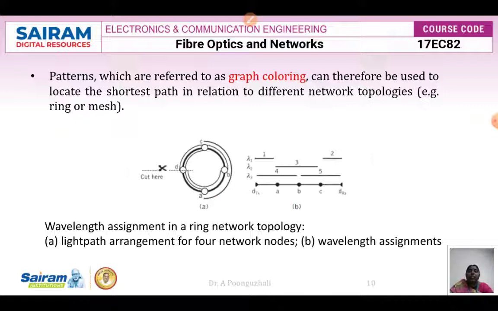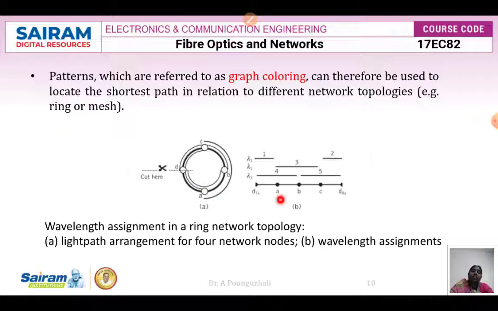So here if I want to travel, I will be using 1 wavelength from the D transmitter to the node A and another wavelength from the receiver to the node C. That is from node C to your receiver, and node A transmitter is from this node DX to your transmitter A.